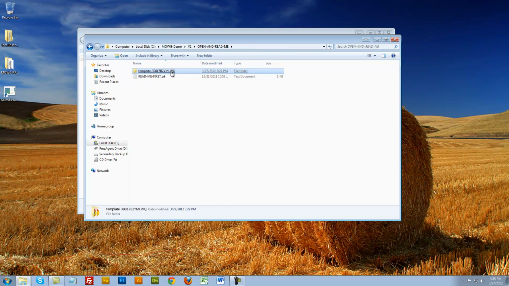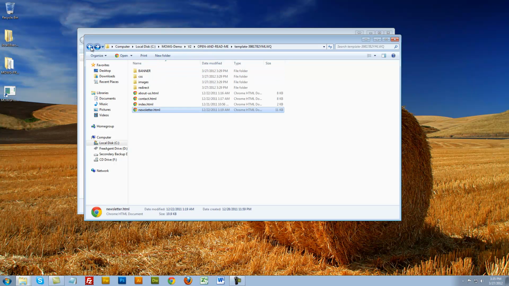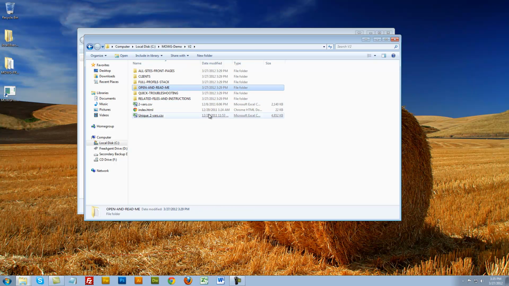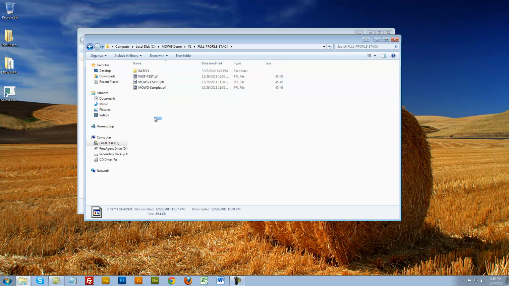So all you need to do is essentially upload this template folder to one specific location and everything is going to work for you. And that's the best possible way to do it because it's organization. It minimizes the risk of you forgetting to upload something or uploading too many things into the wrong place, doubling up and just wasting a lot of your time. It gives you full profiles to look at